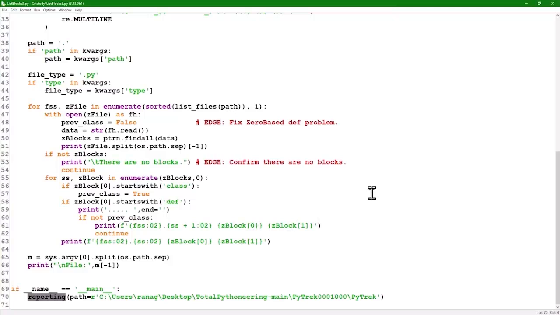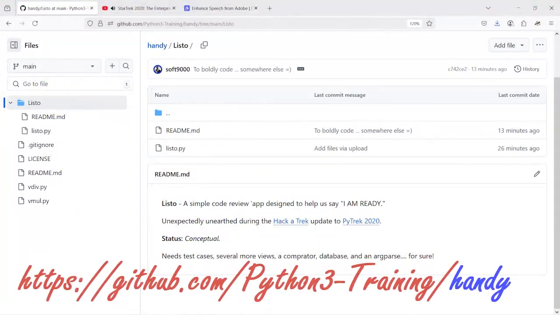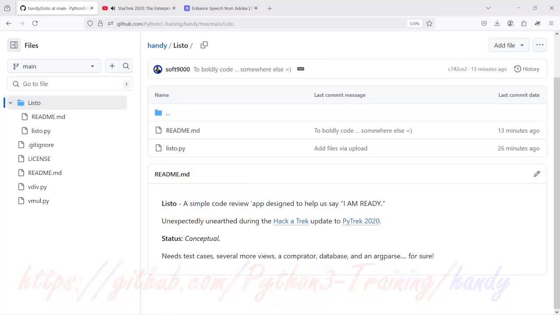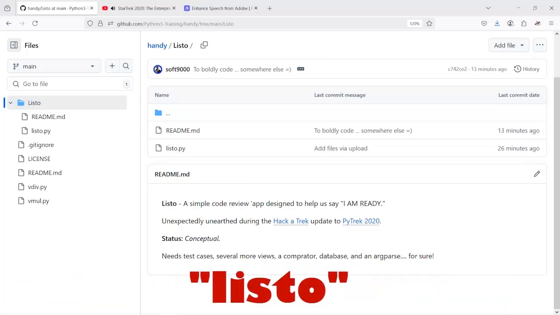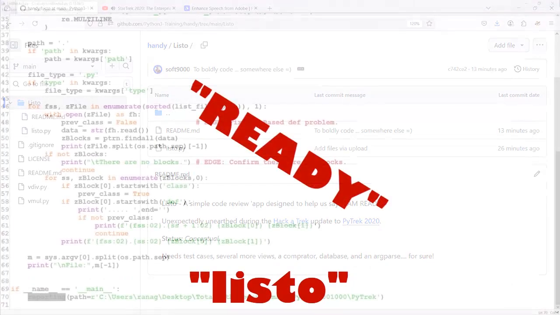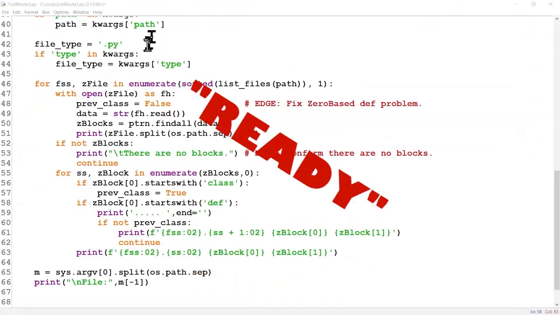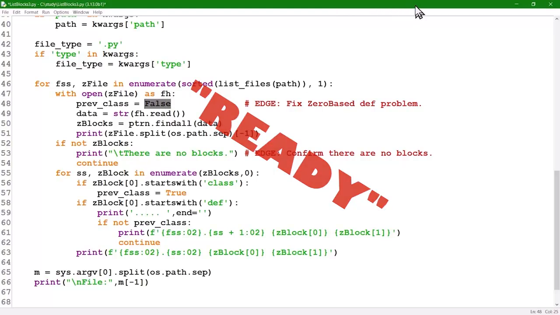And with this video, allow me to announce that we are putting together another open source project up on GitHub, where you can watch the future migration of this list blocks utility into a tool we're calling LISTO, L-I-S-T-O, which is Spanish for ready. So if we're going to be ready for world distribution, of course, we need to realize